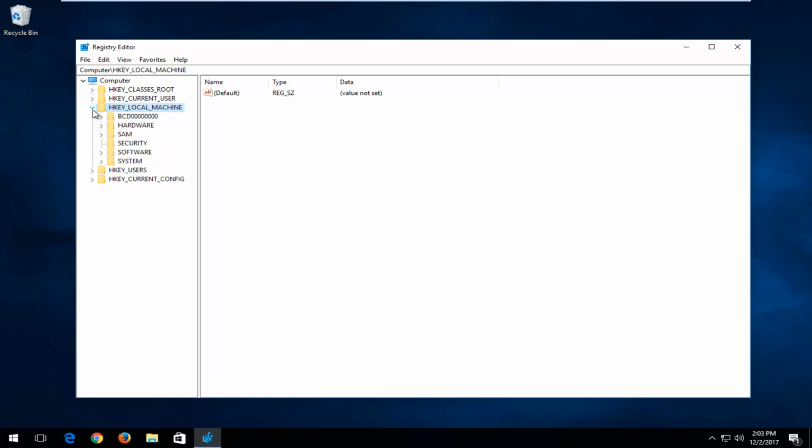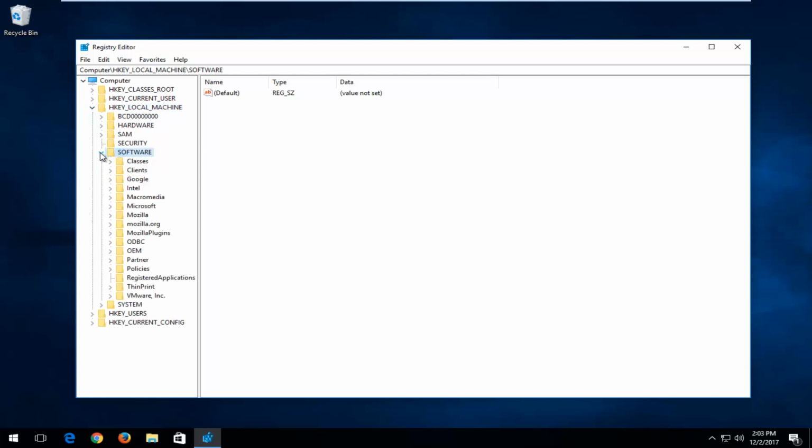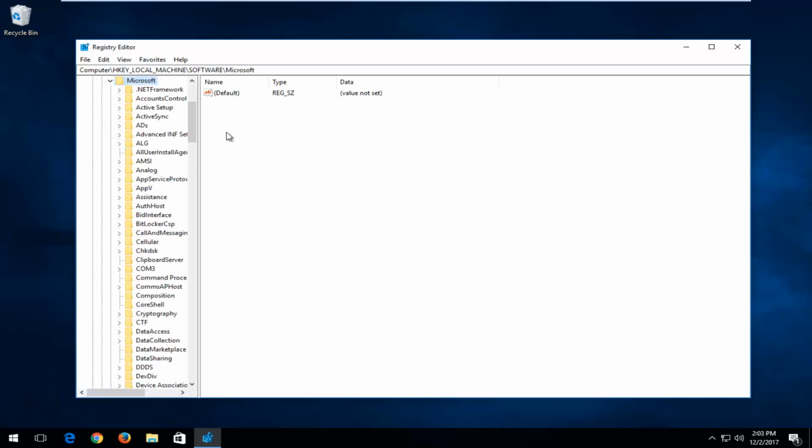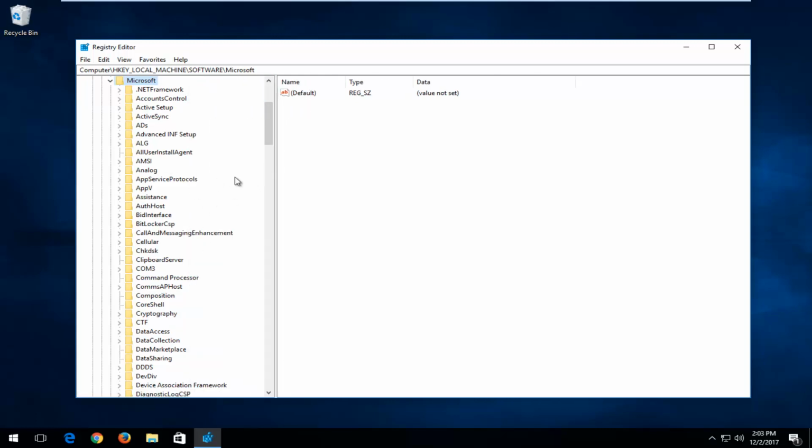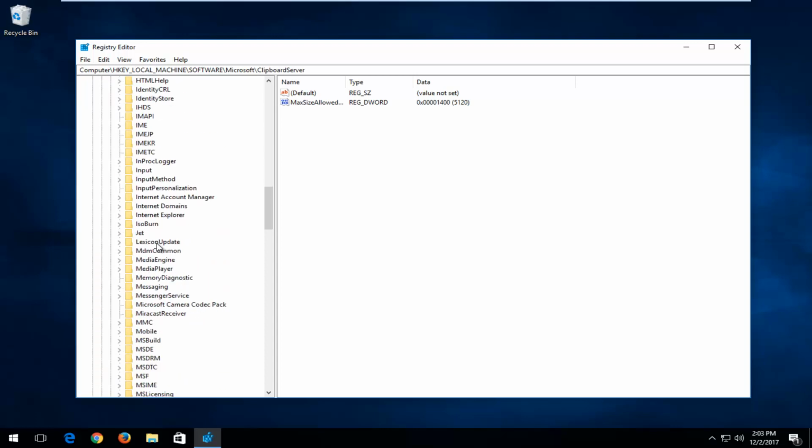Now that we've done that, you want to look for the software folder right here. Expand that one as well. And now we can go and select the Microsoft folder, expand that one. In order to make this side column a little bit wider, if you're having trouble reading in here, just left click in between this bar and you can see a little arrow comes up. Just drag it over to the right so you can see a little bit better, as far over as you need to go. And now you want to go down to the Windows NT folder